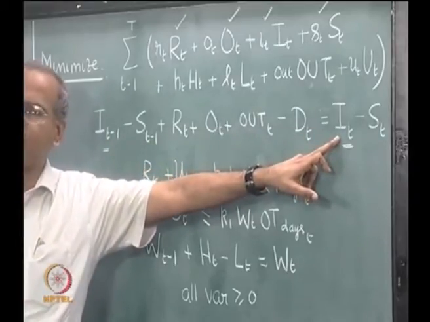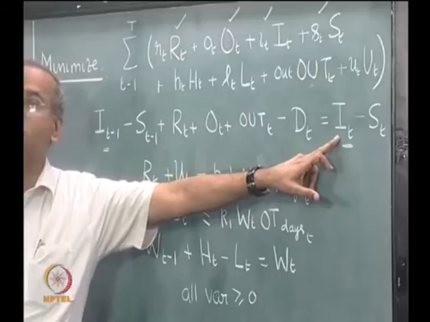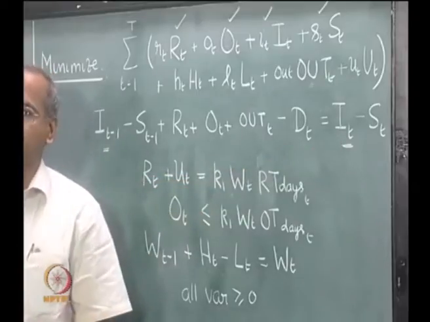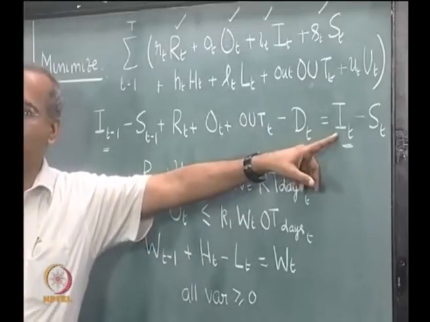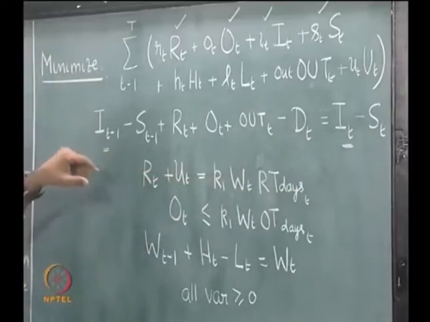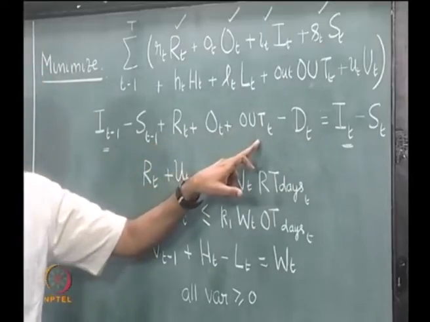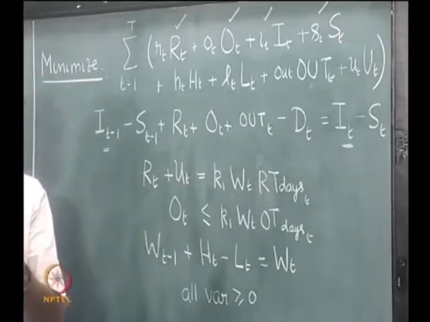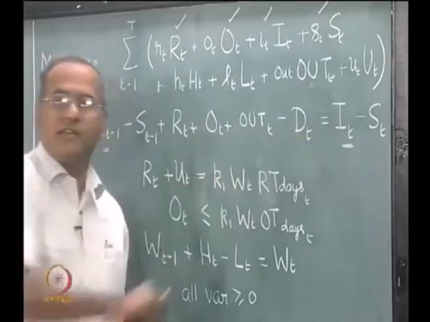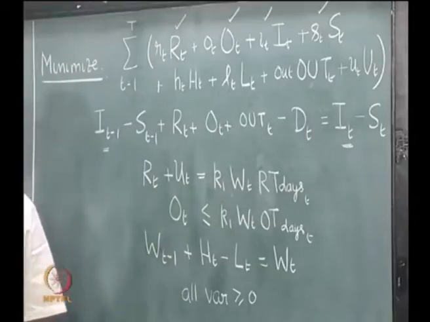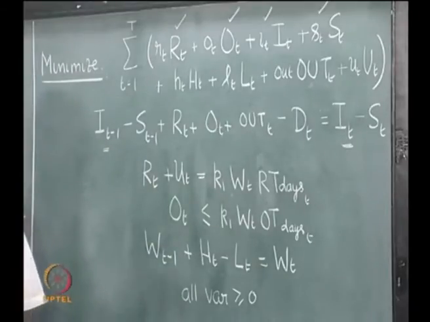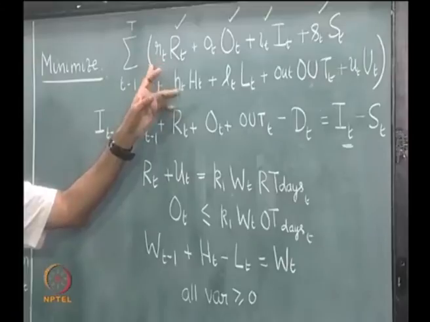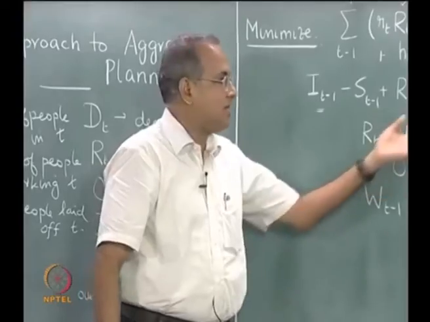Though indirectly we are restricting it, because inventory has to be built only through production. So if IT has to go up, then it means that RT and OT and out of T have to go up. But if we look at the costs very carefully, the cost of holding inventory is actually a little less compared to every other cost that we have modeled. So there can be a tendency to increase IT,